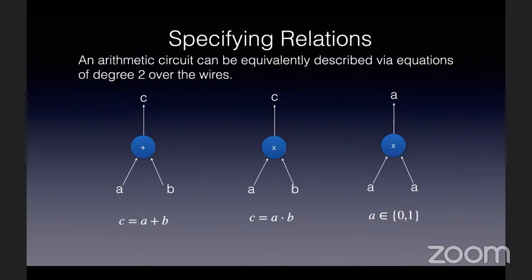The third I've just included: very often you want to force certain values to be binary, and the way you can enforce that in an arithmetic circuit is to put a multiplication gate there where the wire A is both the input and the output. Essentially A² = A, which means the circuit will only be satisfied when that particular wire A has value 0 or 1. This is normally the tricky bit in designing zero knowledge circuits: how do you capture a relation of interest as these gate constraints?